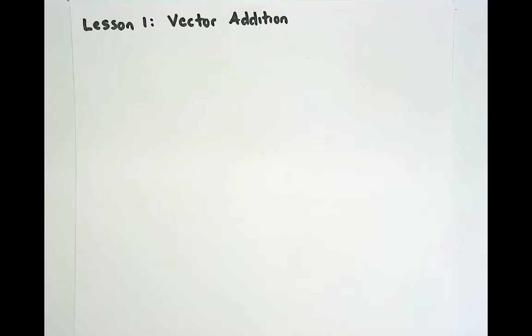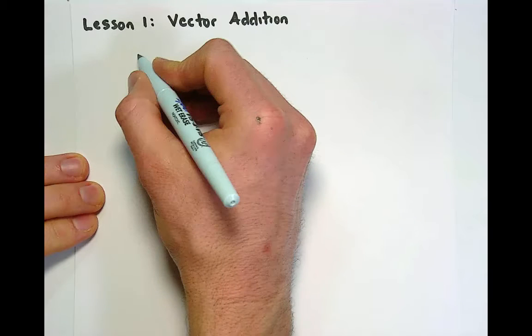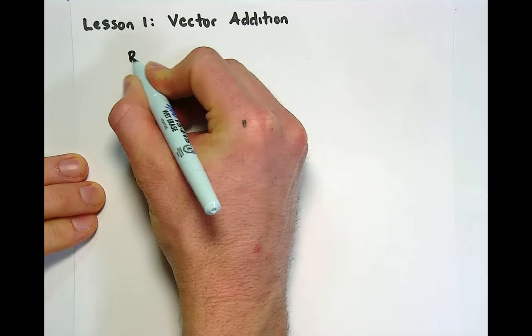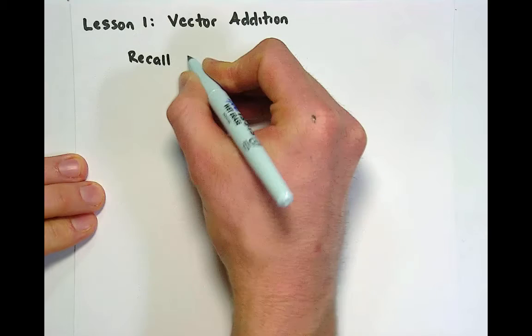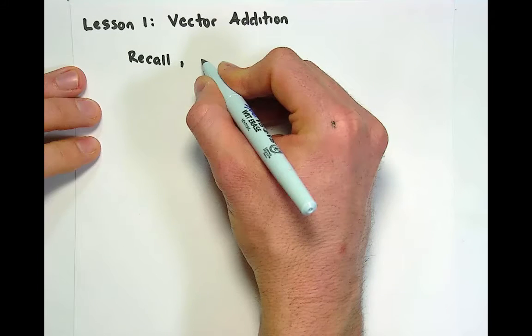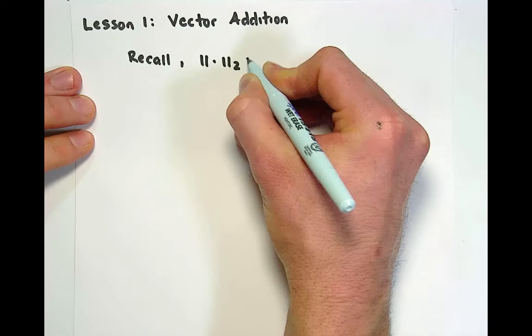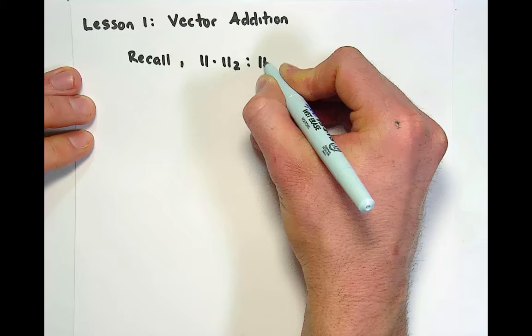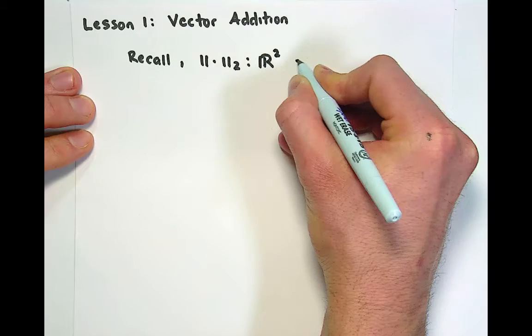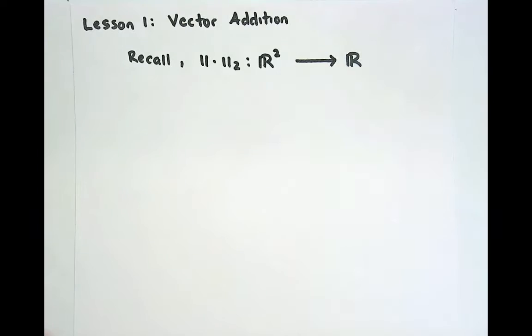Welcome back. In the last video we talked about our first operation in R2. Recall, this operation was called the 2-norm. The 2-norm of a vector was a map that input vectors in R2 and output real numbers. So this is kind of formal notation to say